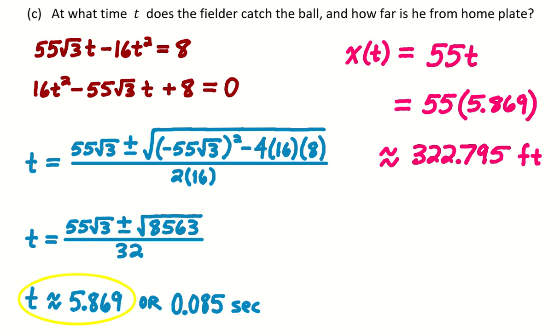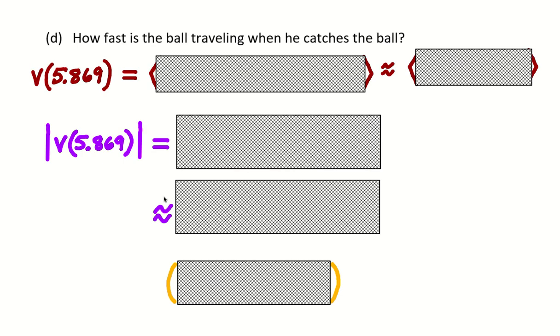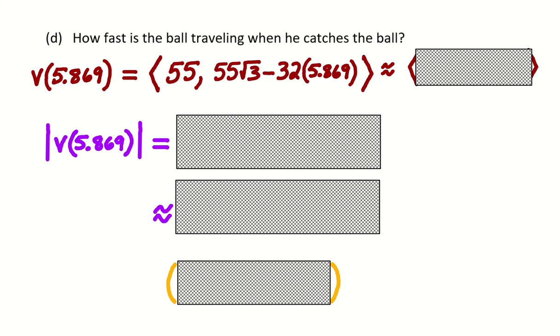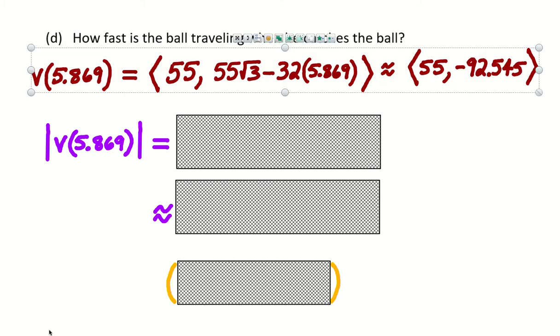I know these problems are a little weird and crazy to you now, but I think these steps will make sense to you. All right, how fast is the ball traveling when he catches the ball? So how fast is it going? That's not just velocity, it's the speed. So we're going to use that t value that we already have. Oh my god, did I just break what I just said? Let me fix that. There we go. So plugging in